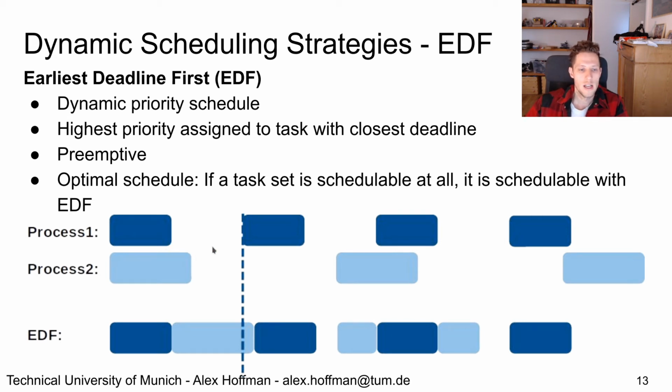Because as you can imagine, as time ticks by, these periods or deadlines change in which is actually the closest, so the priority schedule, or the priorities of the tasks, can dynamically change as well. So this is also used as a preemptive system, because given that the priorities of the tasks change such that the next deadline is made the highest, this leads to a very optimal schedule. We can say that given a task set, if it is schedulable at all, it will be schedulable with earliest deadline first,